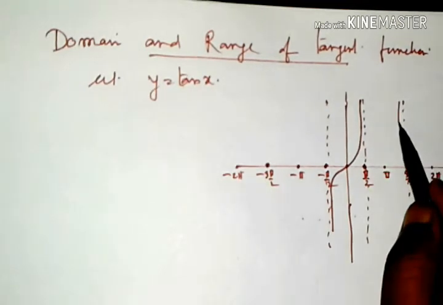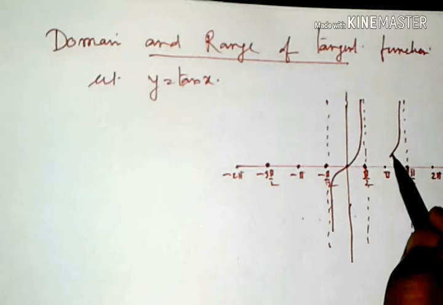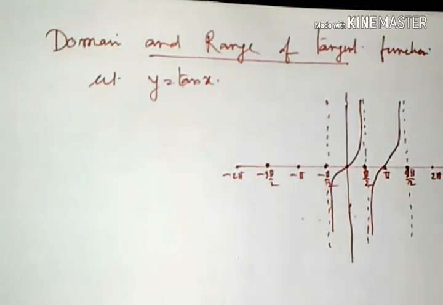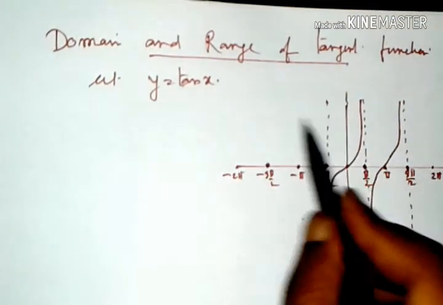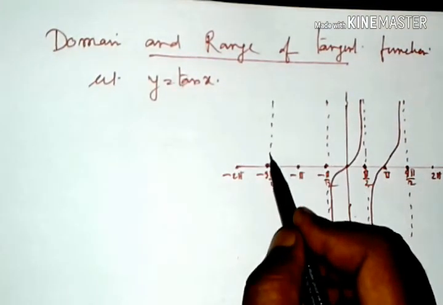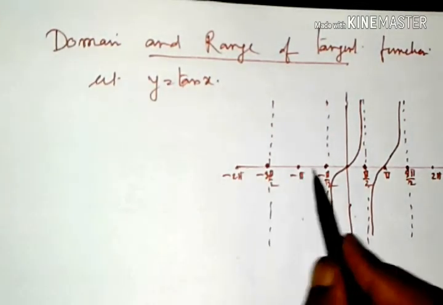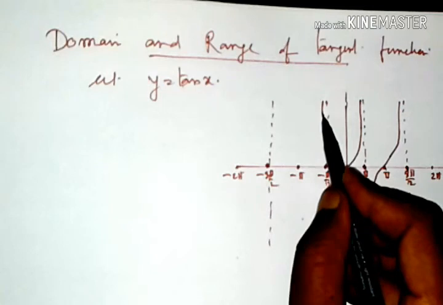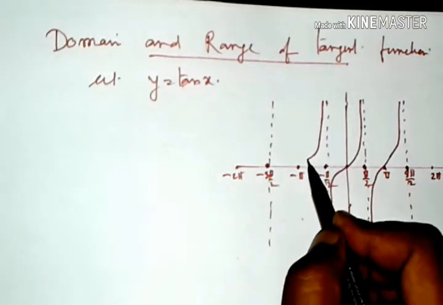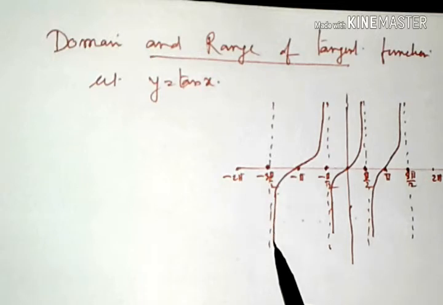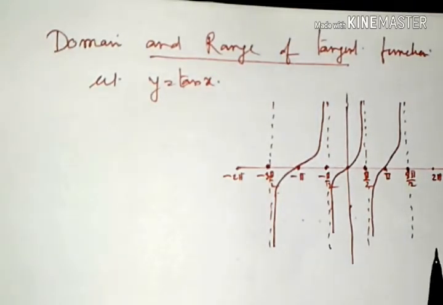It will come here from there. It will come through minus pi and not touch the line minus 3 pi by 2. This is the graph of